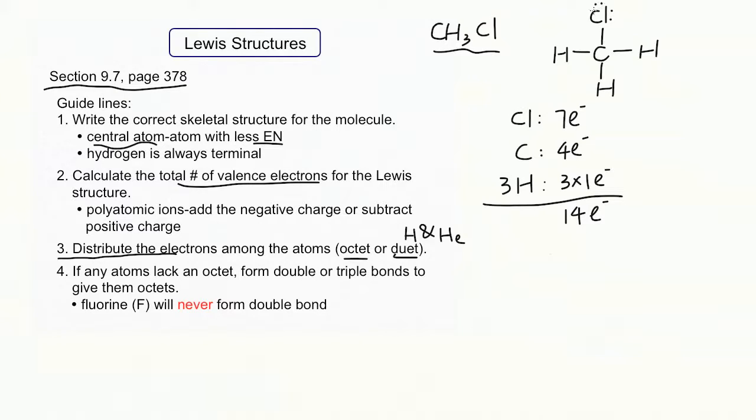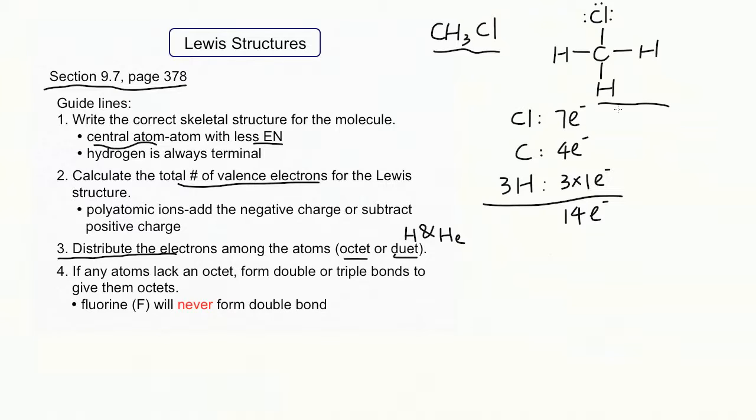When you distribute the electrons among the atoms, you make sure the surrounding atoms have 8 electrons or 2 electrons first. In this case, you make sure chlorine has 8 electrons first. Now, when you count the total number of electrons used in this structure, you would see that we've already used all of the 14 electrons. So this is the Lewis structure of this